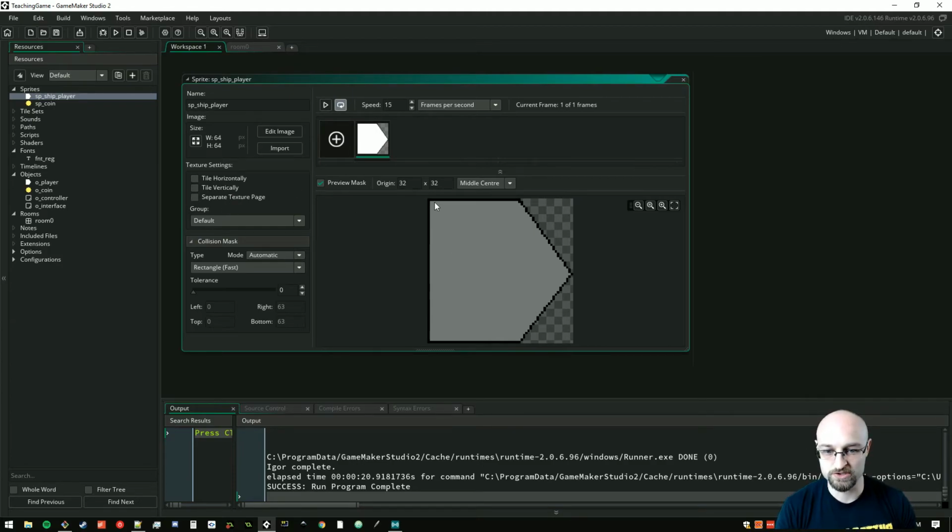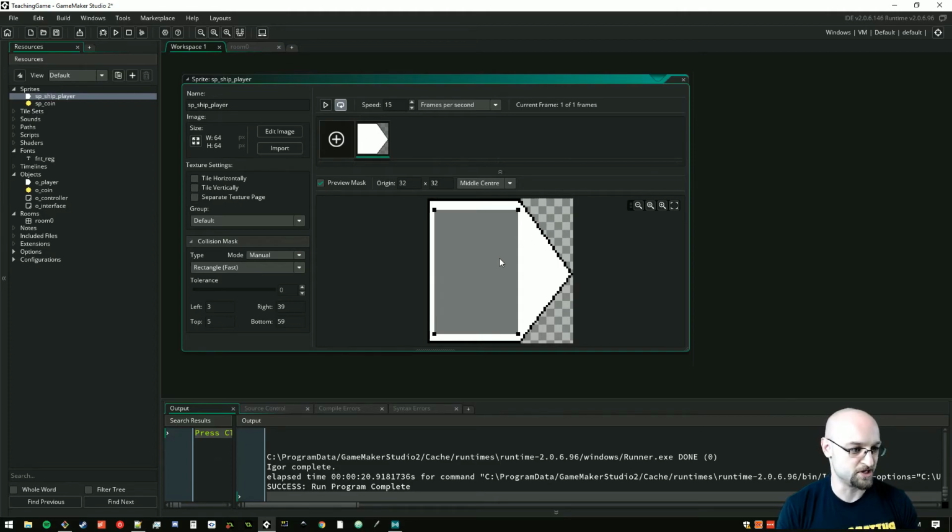So if I were to switch the mode to manual mode and then resize this collision mask to something like this, then now the coin would have to bump into this particular spot of the spaceship in order for that to count. So if we do it this way, this would mean that we have this kind of big area in the front where